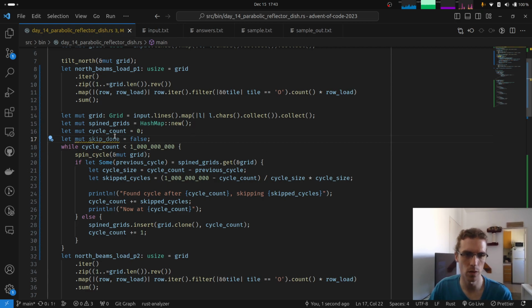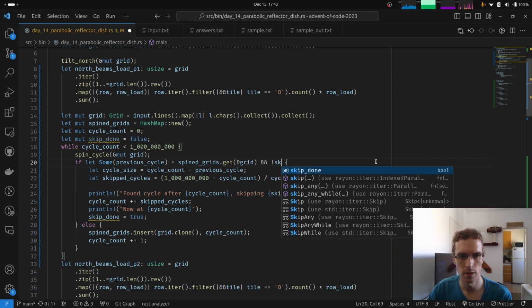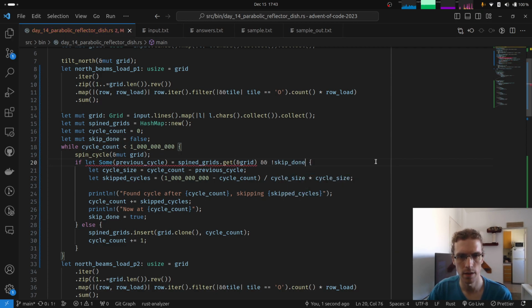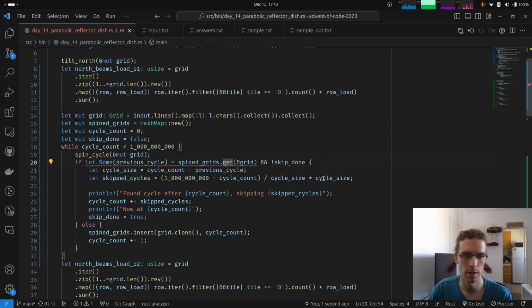Horrible Boolean name, but let's have this. So if... and we cannot do this, right? And not skip run, because let chains are not a thing yet. So